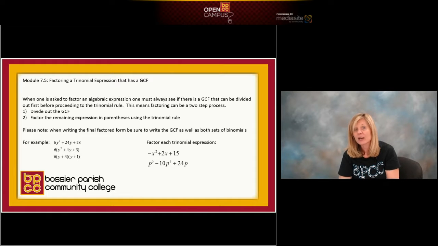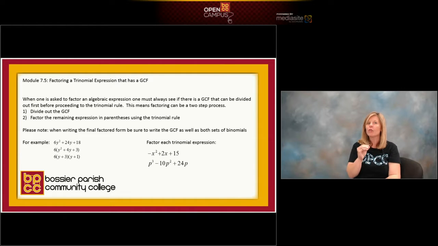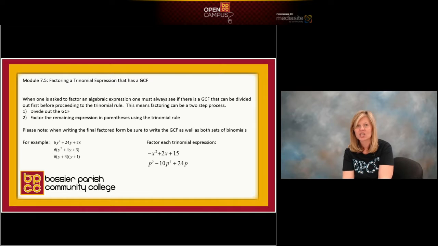So everybody listen very carefully. I do not care that you automatically see that it's a trinomial and it has 3 terms. I get it. I get the expression has 3 terms. But the first rule of factoring is always GCF. If there's something in common with all the terms, you must pull it out first by doing division. So if you look at all 3 terms, 6y squared, 24y, and 18, don't you agree they all could be divided by 6? Isn't the 6 the GCF, the greatest common factor? So that's the rule I'm always going to do first.